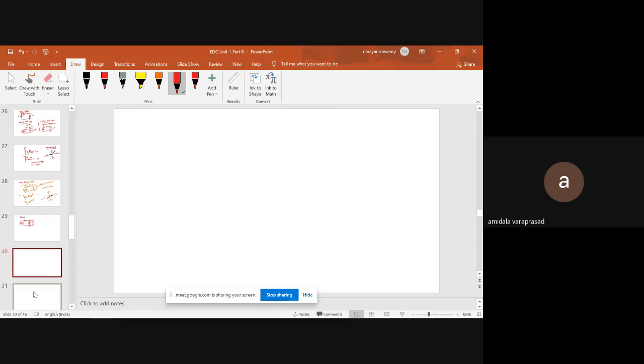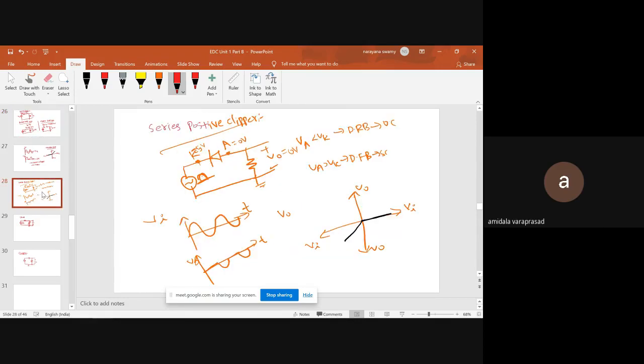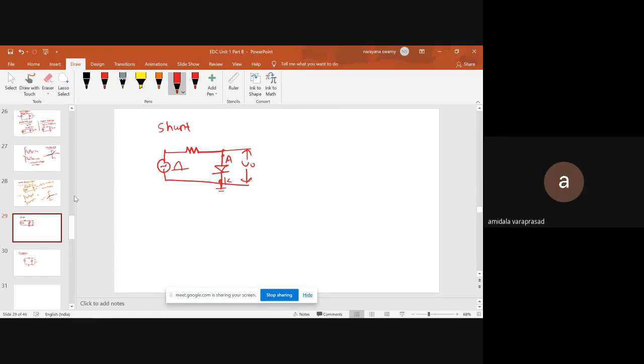Yes, sample in case of this sample, like offer diode and sample the diode is